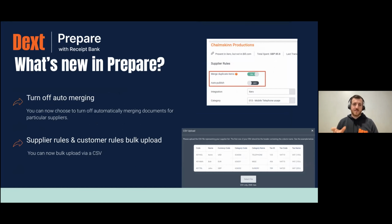Something else that we've done recently, and we'll probably highlight this a little bit more, is giving you the ability to turn off our duplicate detection function on a per supplier basis. Because we do know there are some suppliers whose invoice format doesn't always lend itself to being very easy to spot that they are in fact different invoices. So, for ones that you constantly get auto merging, we can turn that function off now